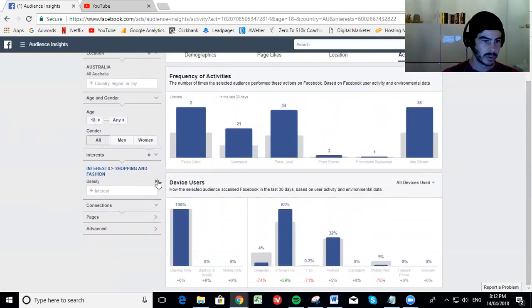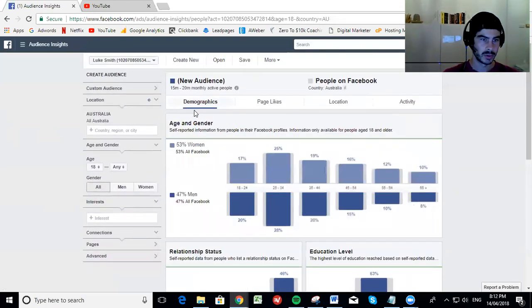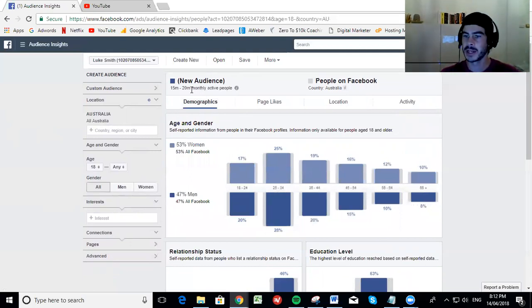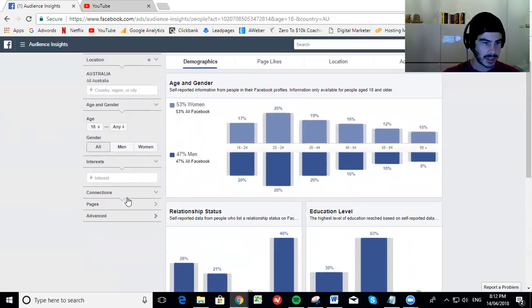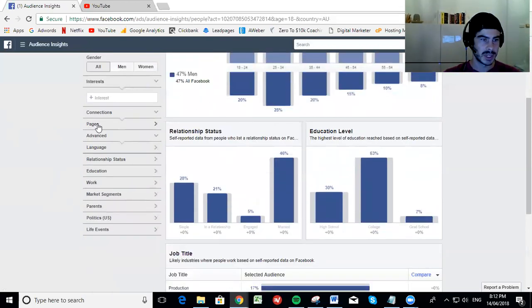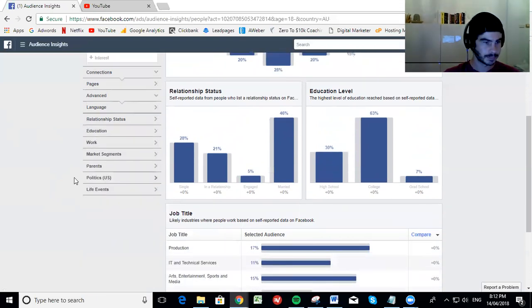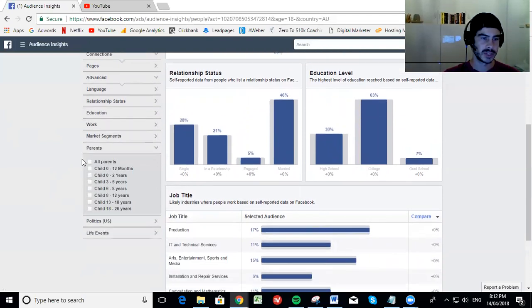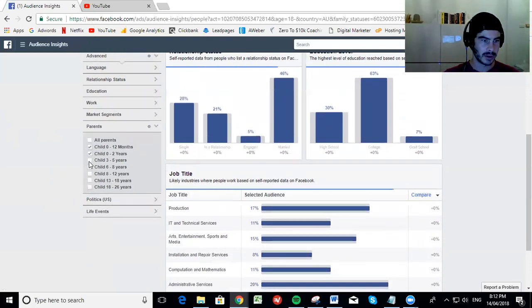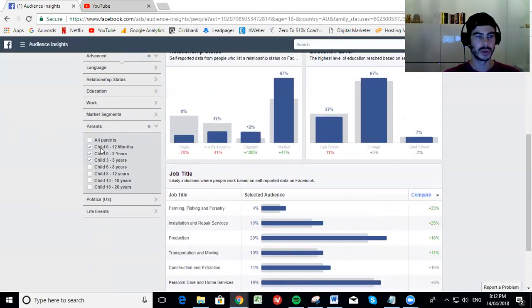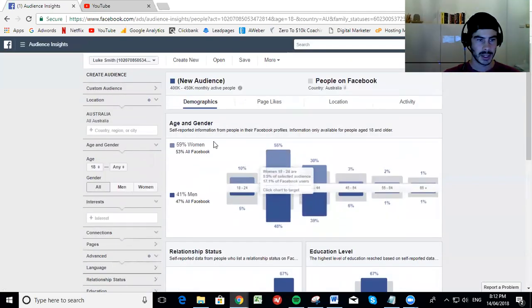So if we just remove beauty and take it back to sort of the raw data, so back to that 15 to 20 million active users, let's have a look at some different advanced options here. And I'm just going to toggle to maybe relationship status. So that's the engaged one that we saw previously. We can look at parental status. So say you wanted to target parents with young kids, so parents with children between the ages of 0 and 5. So you can see here, there 59% of that audience is female, so